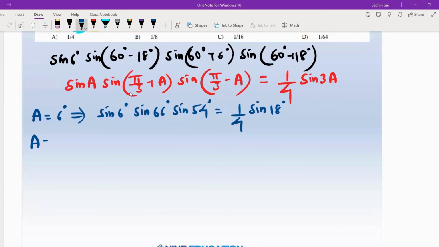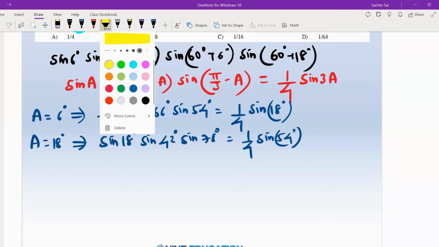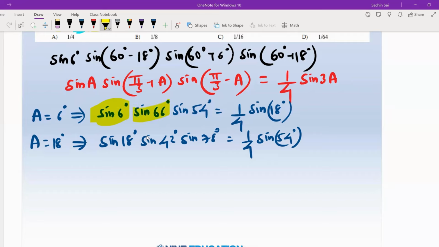Now, similarly, if I take A equals 18 degrees, I will get sine 18 degrees into sine 42 degrees into sine 78 degrees equals 1/4 of sine 54 degrees. Now, what do you observe here? In the question given, we have the terms sine 6 degrees, sine 66 degrees, sine 42 degrees, sine 78 degrees. So from these two expressions, I can say,